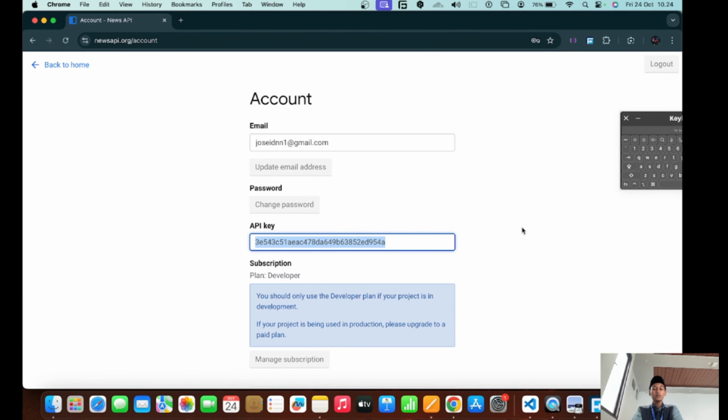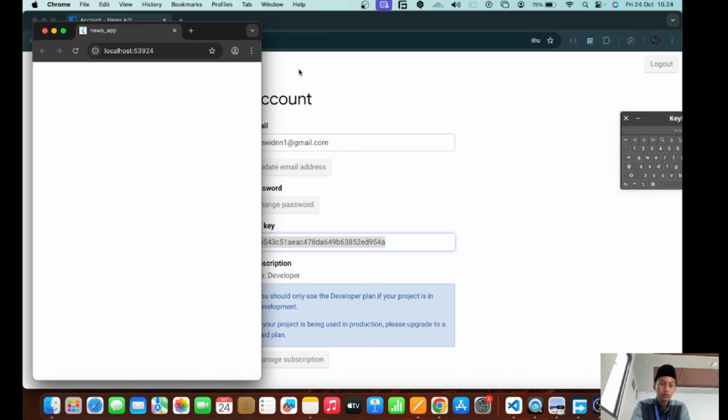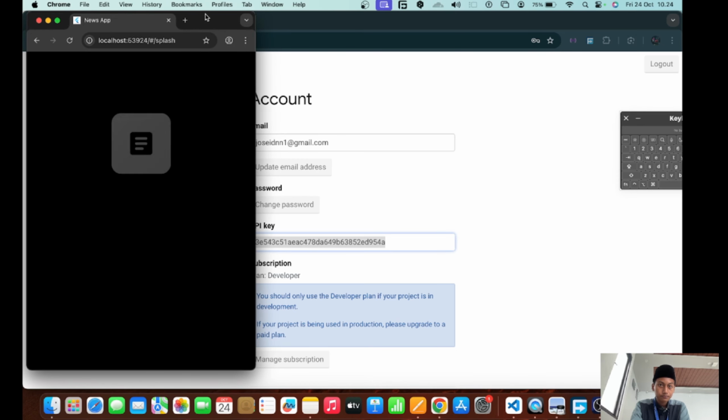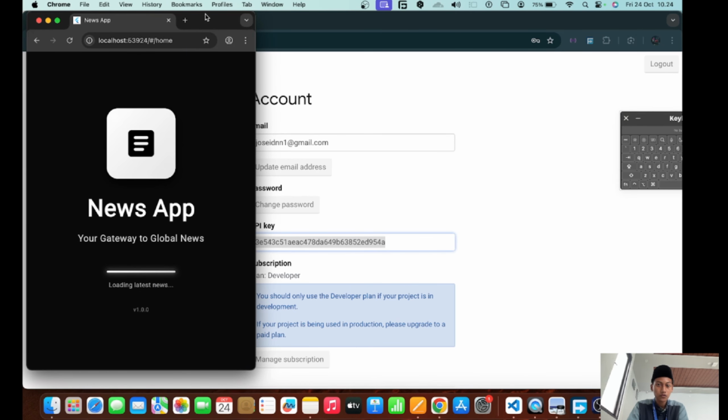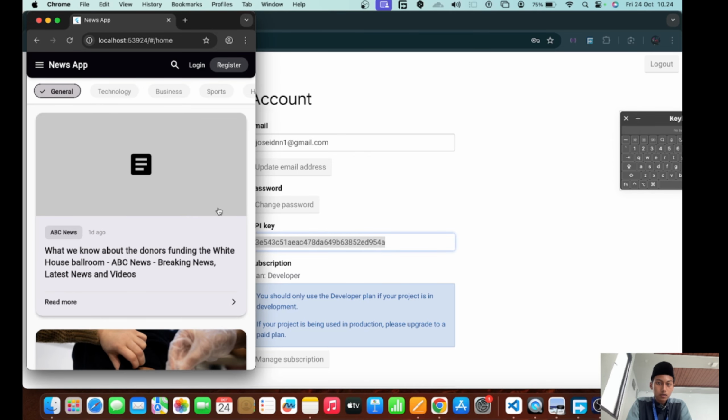Okay, we will wait here until the flutter run finishes. Okay, wait. Nah, it is splash view. It is blank news because the API is not going well.